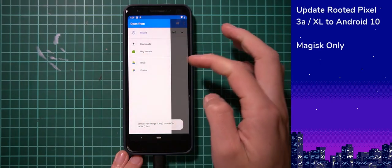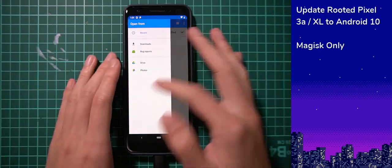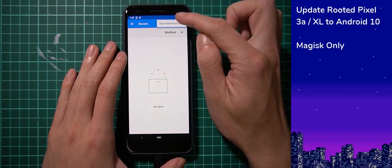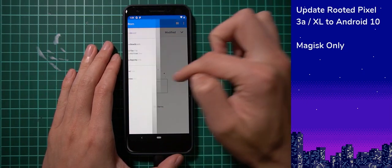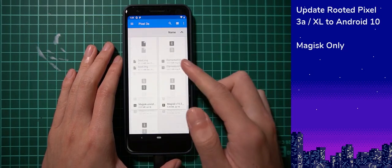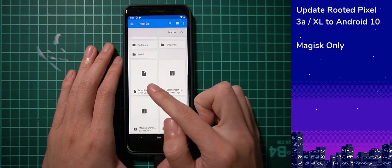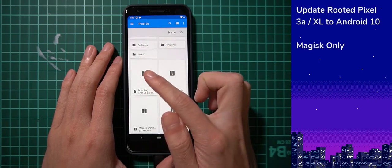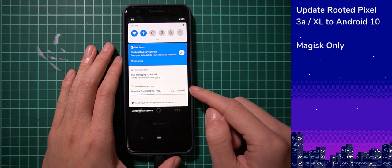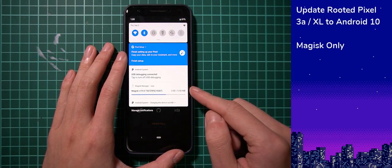And you'll see in our recents, and you might be wondering, how do I access my SD card? All you have to do is go up to the 3 dots up here and tap on show internal storage. And if you slide back, open the drawer, you should be able to see your internal storage here. And from here, we should be able to see the boot image that we just copied over. And tap on that. And now Magisk will start downloading, and then it will install itself into the boot image